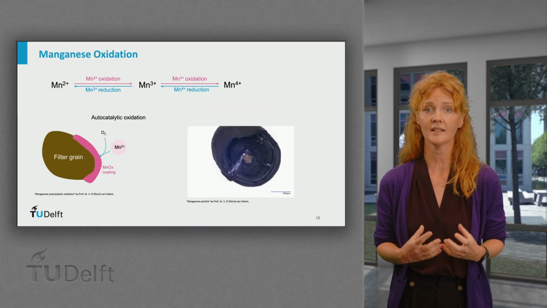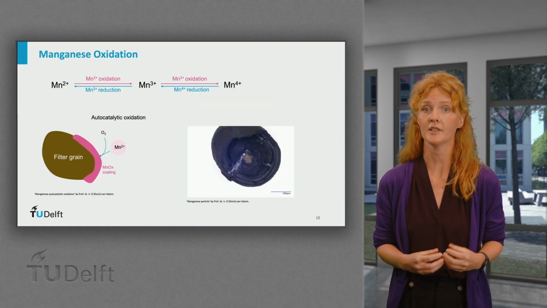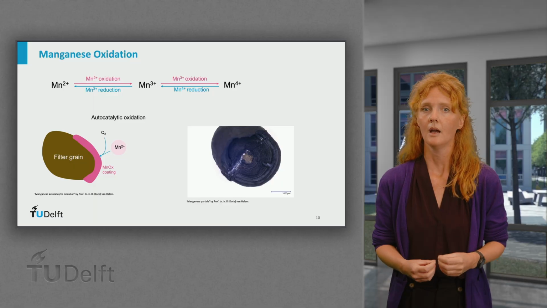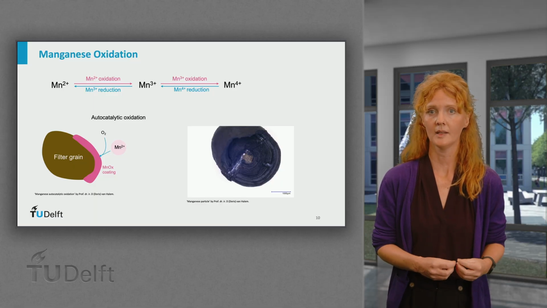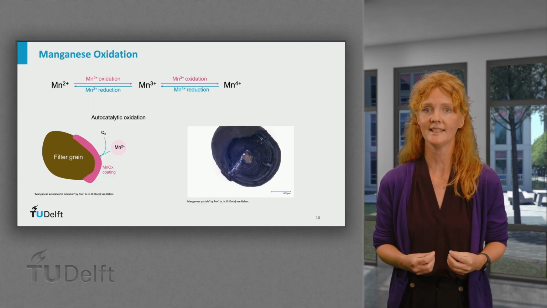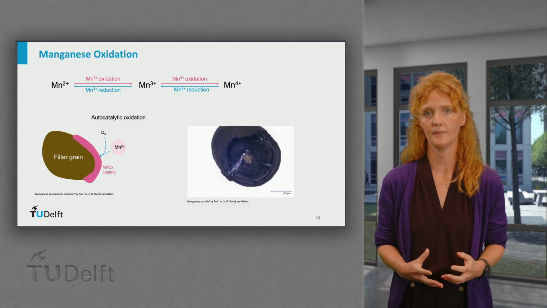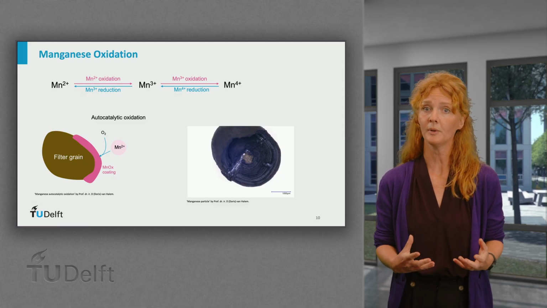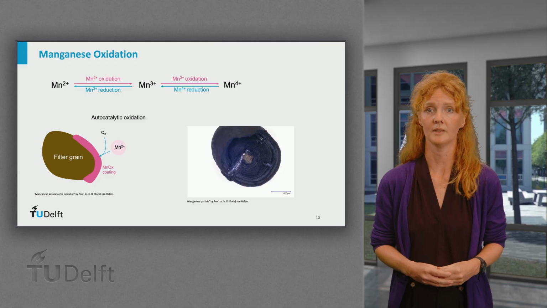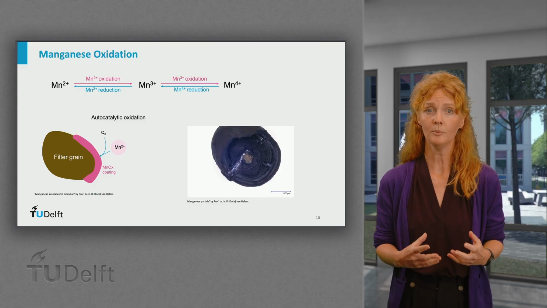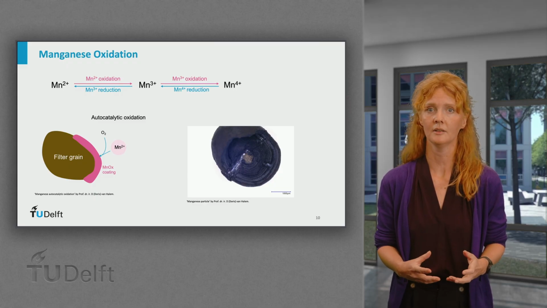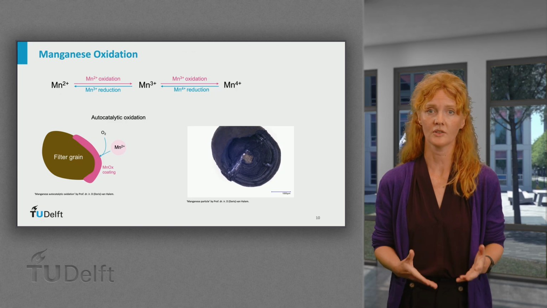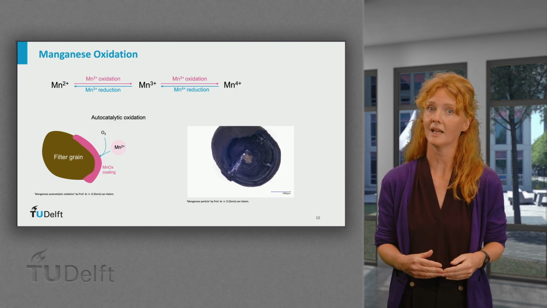Manganese is a metal that is dissolved in anaerobic groundwater as manganese 2+. Unlike for iron 2+, chemical oxidation of manganese in the water phase is very slow and will not occur in the typical pH range in groundwater treatment. Manganese 2+ can oxidize chemically, however, when in contact with manganese oxides, forming new manganese 3 and